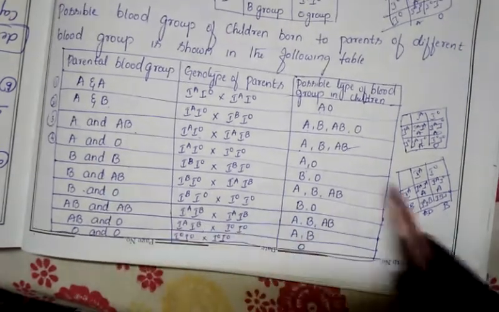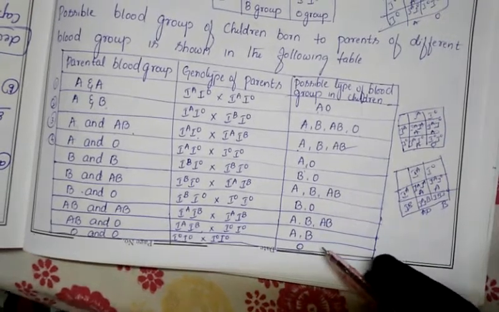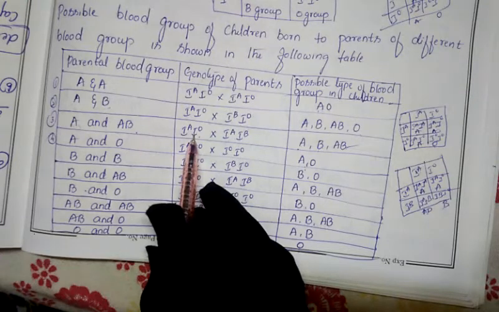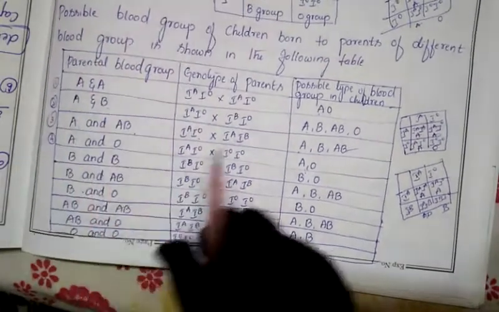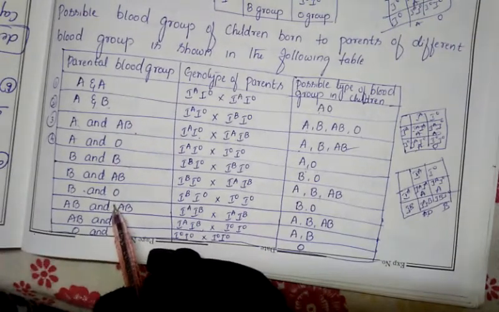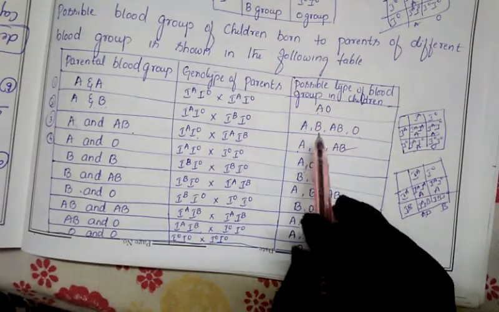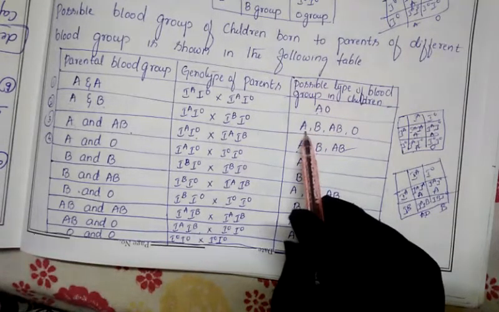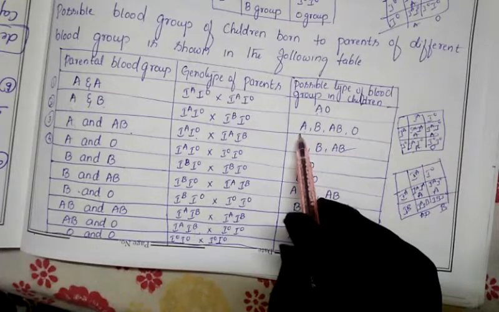So with this you can calculate by putting a checkerboard, and we can see whether the same pattern of offspring will be obtained or not. In this case you can put the homozygous condition also and calculate. You will get different types of offspring. So these are the possibilities for getting blood groups in the offspring. Suppose the parental phenotype is in this condition and the parent genotype is this pattern, then these are the possible blood groups that will appear in the offspring. This pattern is given in your textbook also.